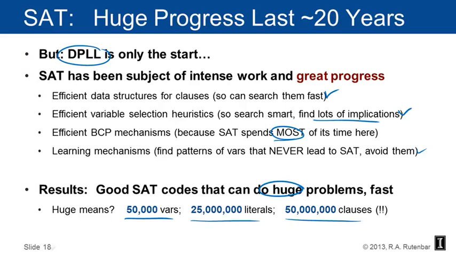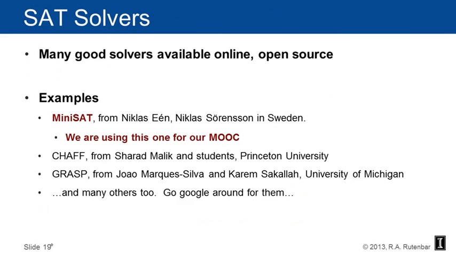So the result of these very cool efficiency mechanisms over the last 20 years or so has been some amazing SAT codes. You can actually just go out and find these things. There are lots of them. There are many good SAT solvers available online, open source. So Minisat from the two Nicholases in Sweden, very famous, tiny little minimalistic solver code, very easy to grab and put on your personal machine if you have one. We are going to use this one in our MOOC. We're putting this out on the Coursera servers for you to play with. Chaff from Sharad Malik and his students at Princeton University,